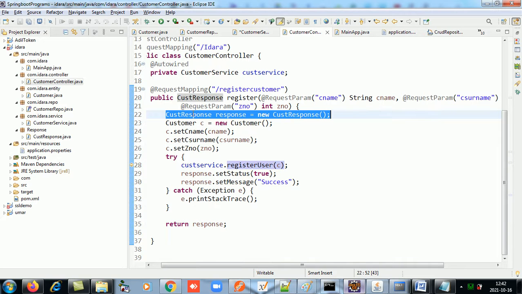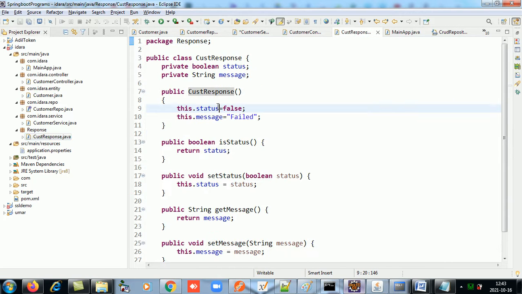So if I go to my response class, the default constructor is setting status as false and message as not successful.